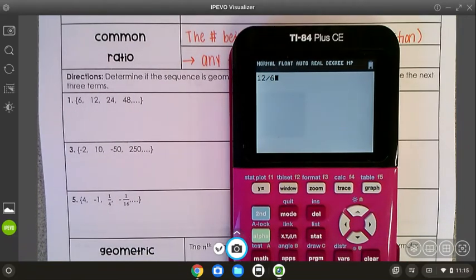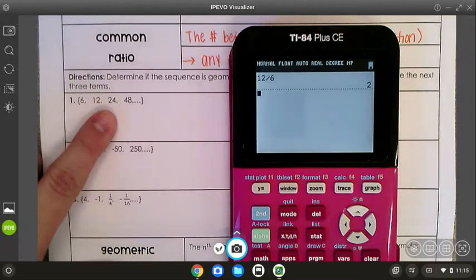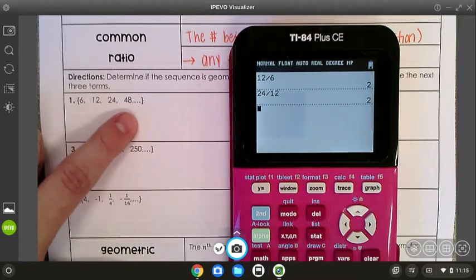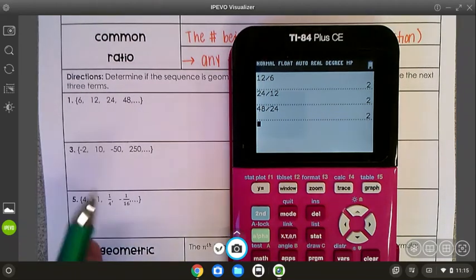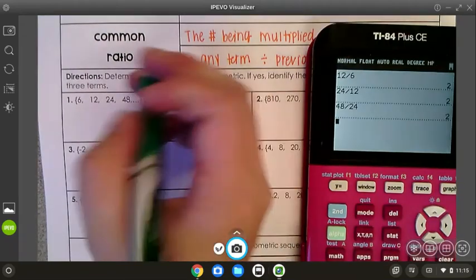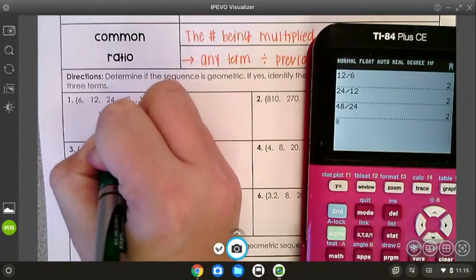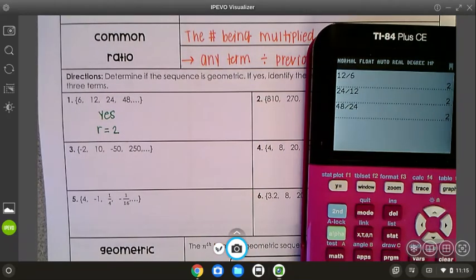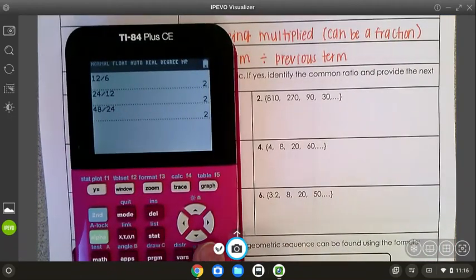12 divided by 6. 24 divided by 12. And 48 divided by 24. Every time I do that, I get 2. So yes, it's geometric, and my ratio is 2. Number 2,